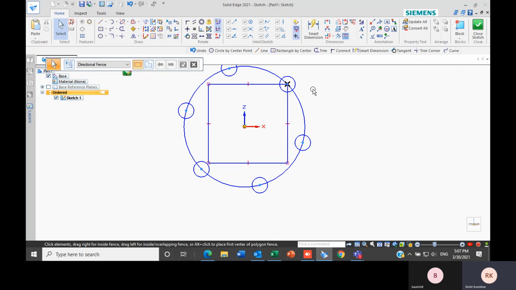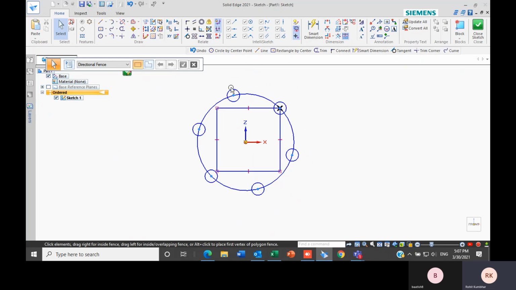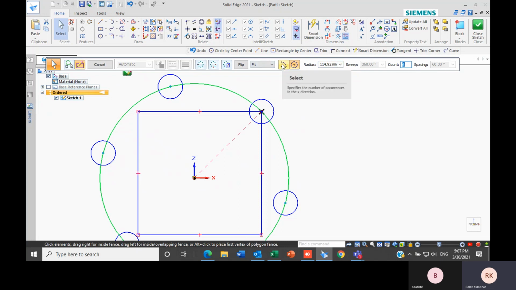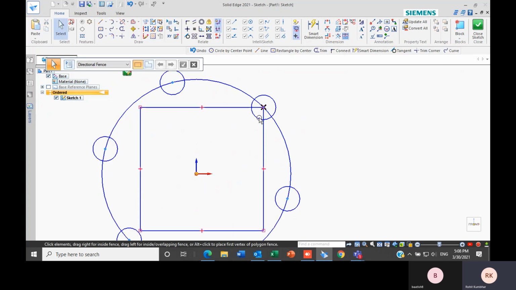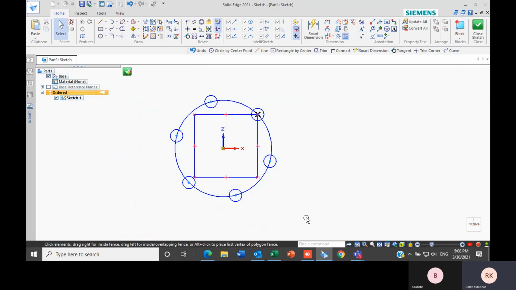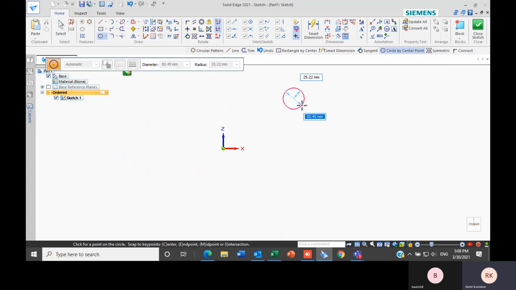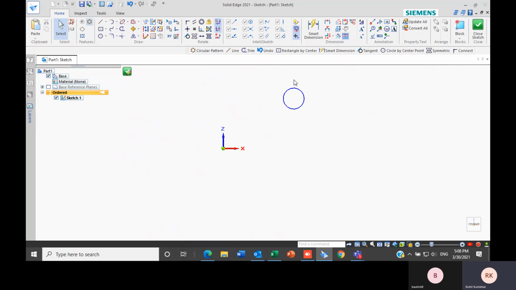the pattern will get created around the circle. And our next option, if I try to change it, let's say I will change the radius for it to 100. It won't get changed because it was connected to this previous one. Let's say I will create a random circle 50. And if I try circular pattern for it